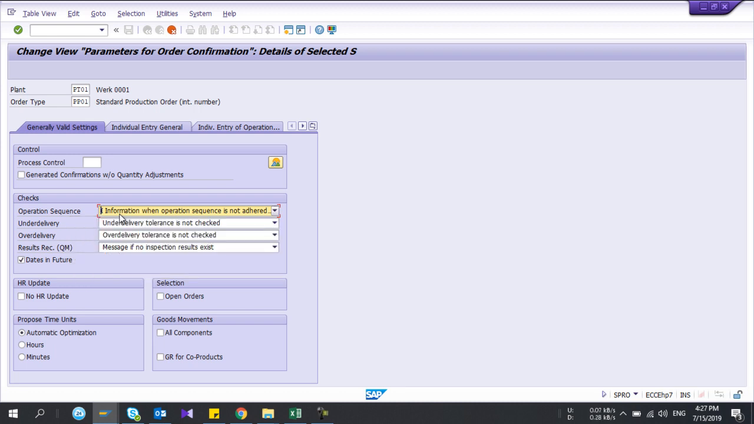Operation sequence settings, you can select it from here. Under delivery and over delivery tolerances, it means if your production order is 100, if you need to confirm 102, you can allow it, right? So here the tolerances, I have selected that tolerance limits are not checked. Okay,